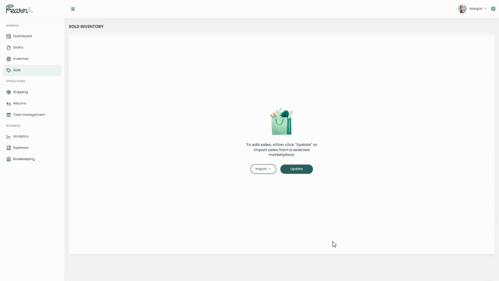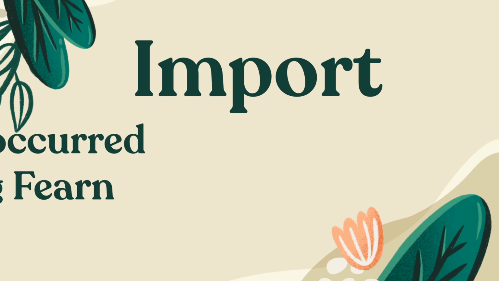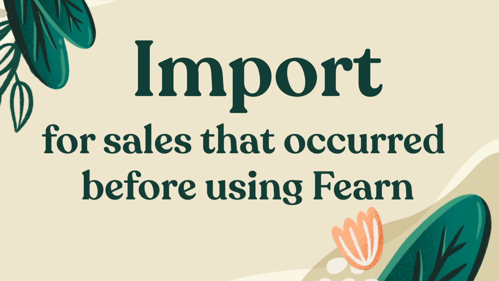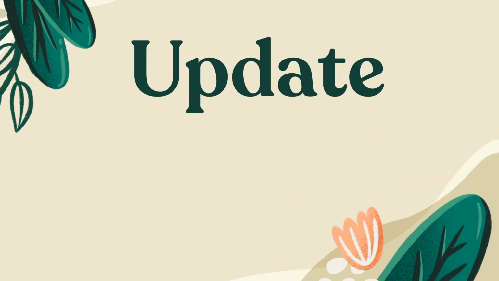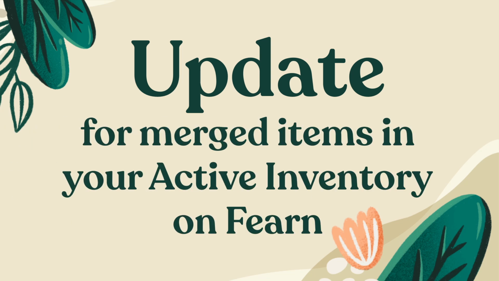Okay, last step of onboarding is importing sales. Head on over to the sold page. There's a button called import, and this is about the only time you'll use this button. After this, we'll use the update feature, which we'll discuss in a bit. I want to make this point. The difference between import and update is that import is for bringing in all the sales that happened before you started using Fearn, and update is going to bring in sales for items that are in your active merged inventory